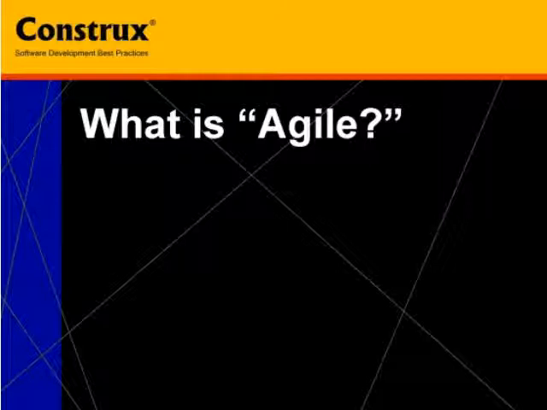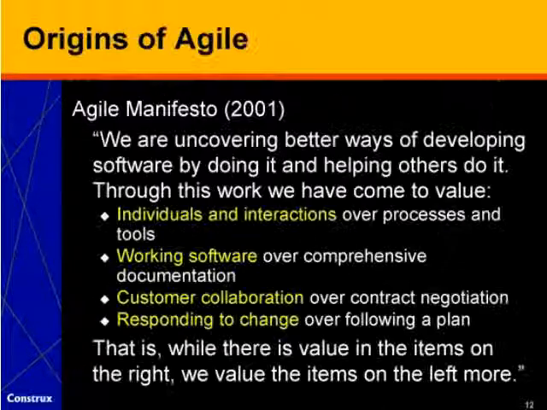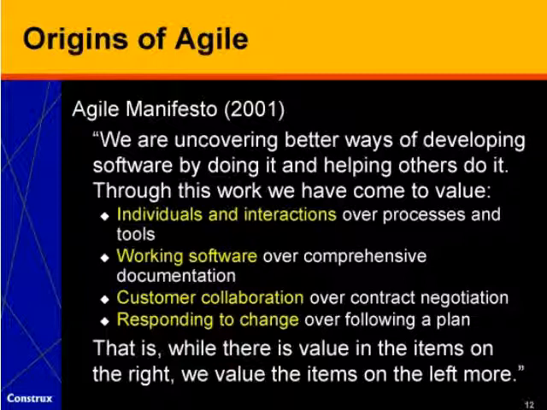Turning then briefly to the next topic, what is Agile? We are at a state in the evolution of Agile where we actually do have to talk about this because Agile has been a moving target over the years. Originally, back in 2001, the Agile Manifesto described Agile as being an approach that values individuals and interactions over processes and tools, that values working software over comprehensive documentation, that values customer collaboration over contract negotiation, and values responding to change over following a plan. Now, all of these items were valued, but the left side of each pair was valued more than the right side.